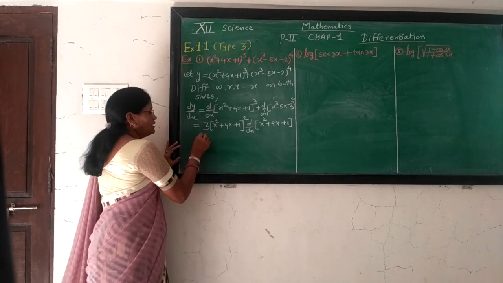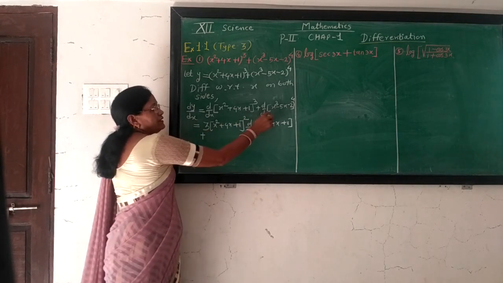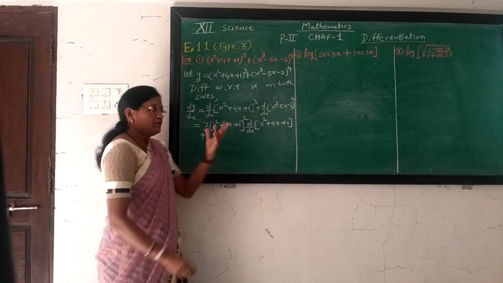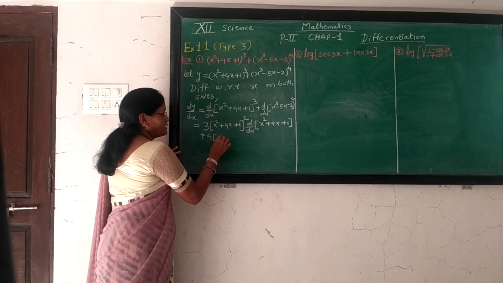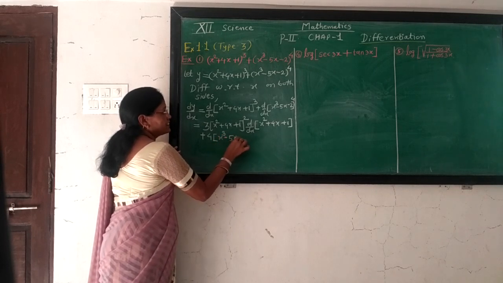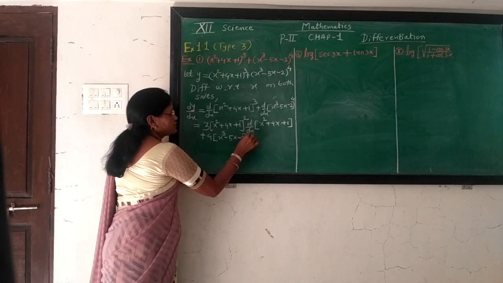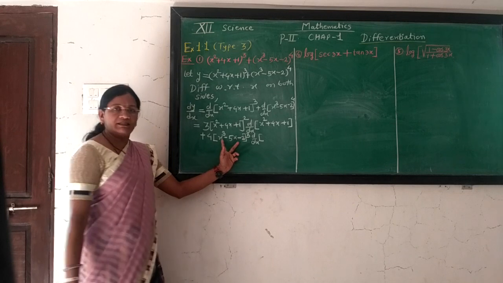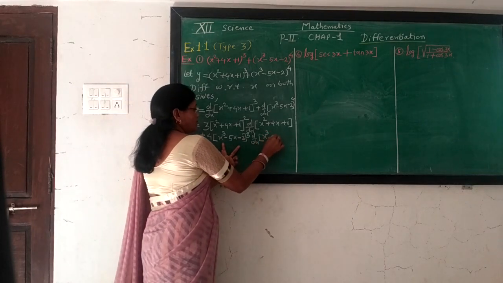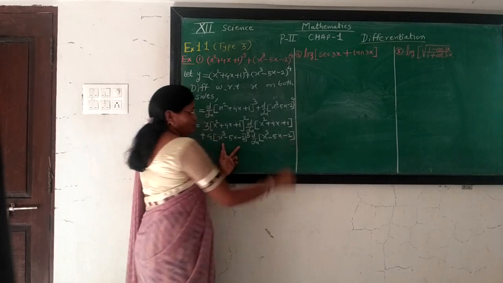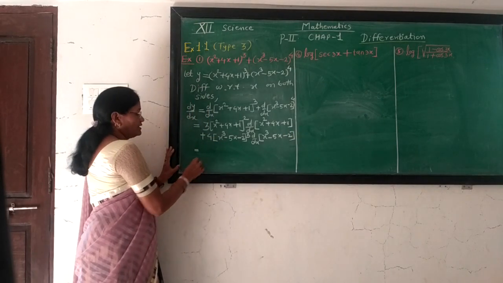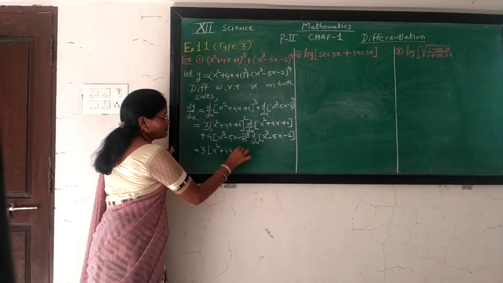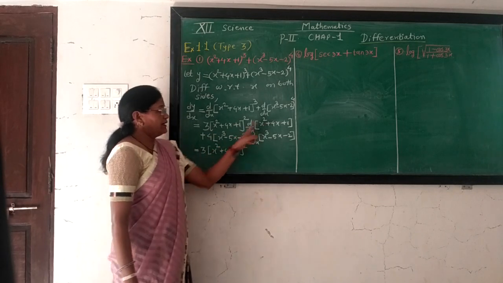Now for the second function, again by using the same rule, we find the derivative of (x cube minus 5x minus 2) bracket raised to 4 as 4 times (x cube minus 5x minus 2) bracket raised to 3. Again by using the chain rule, we multiply the derivative of this base, that is x cube minus 5x minus 2. Now for the last step, we take the first function, 3 times (x square plus 4x plus 1) bracket raised to 2, multiplying the derivative of this.